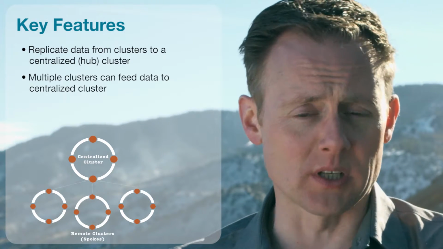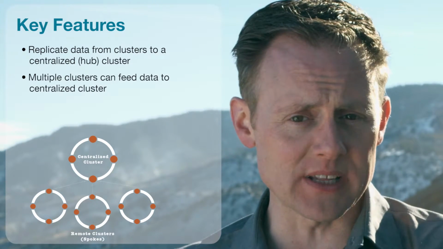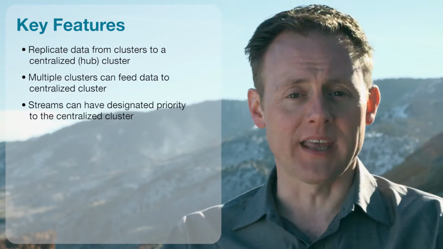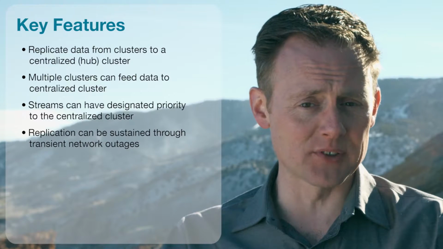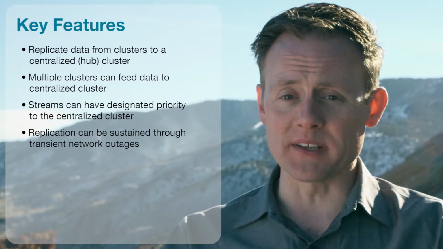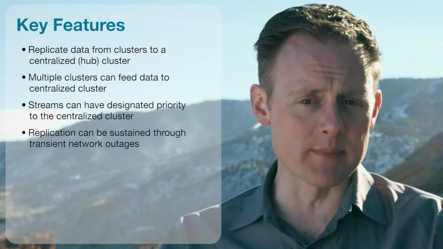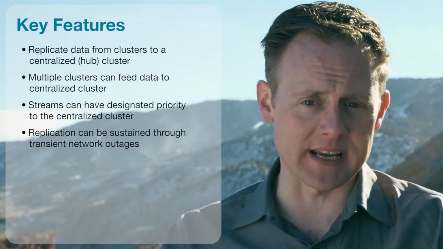The others are remote clusters, and you can think of those as spokes on that central hub. Tables in the spoke clusters can be configured to use advanced replication to sync their data with the data in the hub cluster. And again, advanced replication is designed for situations where connectivity might be intermittent or bandwidth might be low. So it's okay if they're in some remote area and not always connected. When they are connected, they'll synchronize their writes to the central hub.